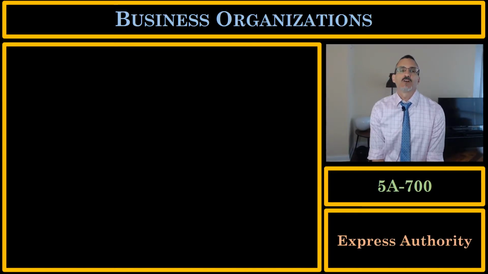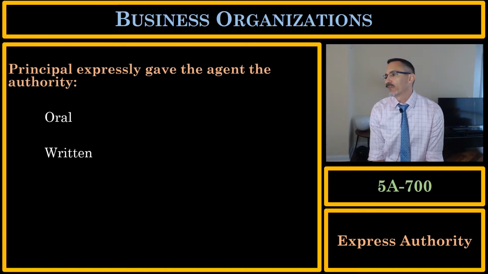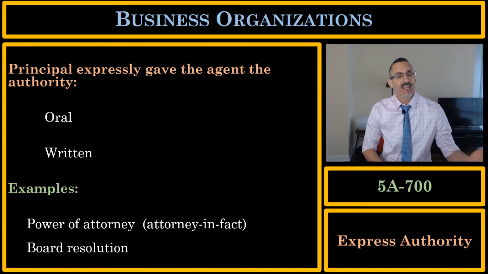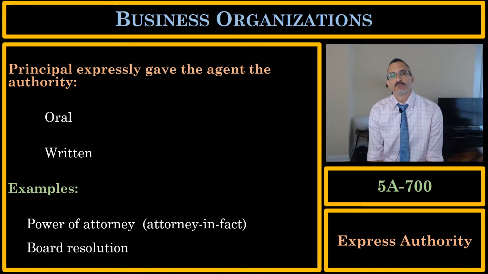First, let's talk about express authority. This is where the principal expressly gave the agent the authority. Now, express means by words, so it's either oral or written. So here are some examples of how this can happen. A power of attorney. Have you ever heard of a power of attorney? Power of attorney is just where one person gives the power to another person, the agent, to bind her, to